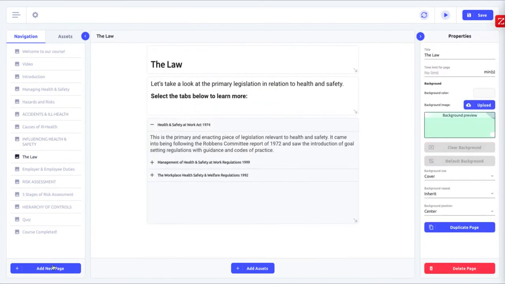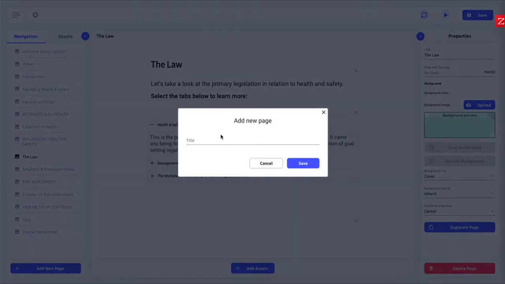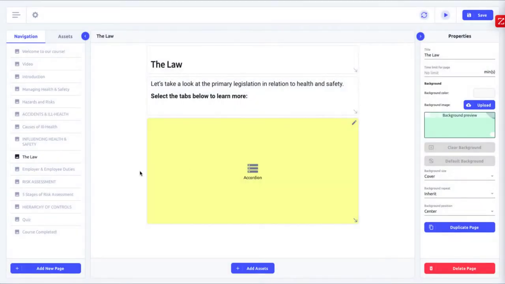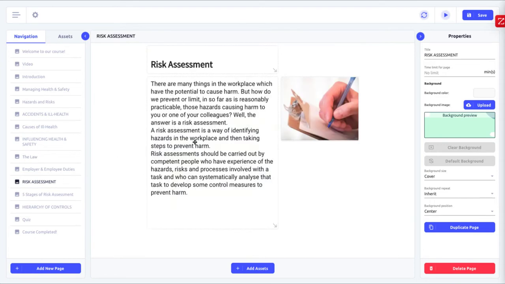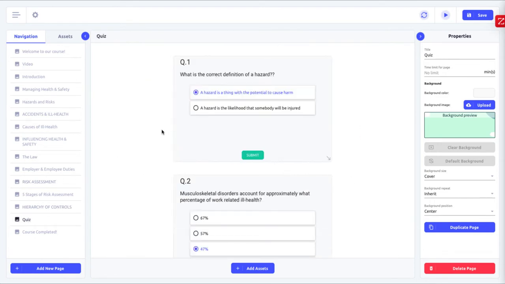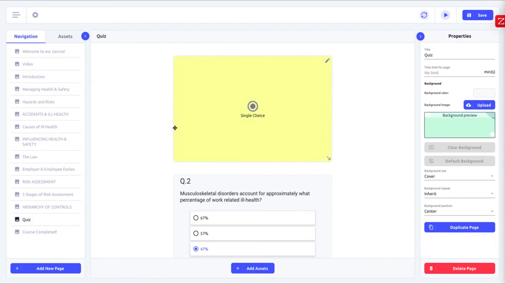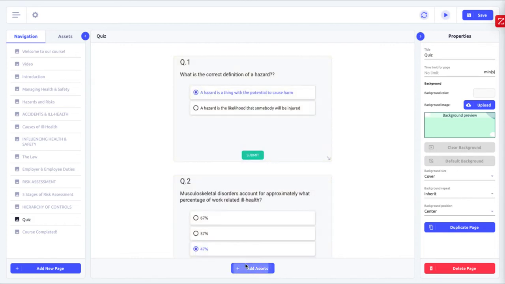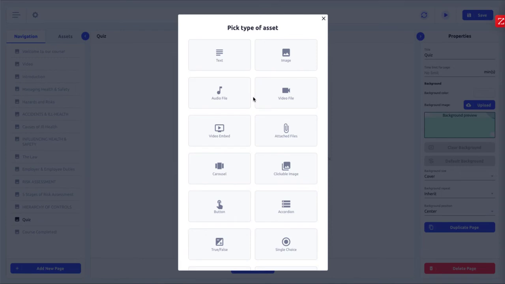We can even create brand new slides. So we could have a new introduction slide, or we could have a new health and safety slide, whatever it is. You can add in your own additional materials. You can also delete slides as well. So if you don't want the quiz in here, for example, you could either delete the questions, edit the questions, or add more assets in yourself. So you've got a huge variety of different ways to make this course your own,